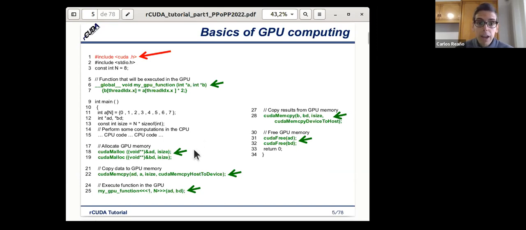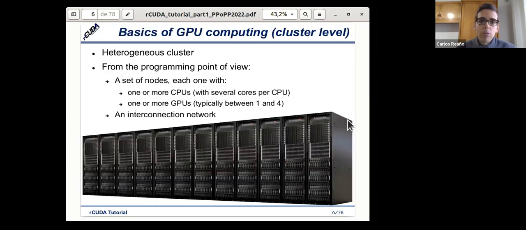This includes allocating memory in the GPU, copying memory from the host memory to the GPU memory, and calling this function in the GPU. Finally, we need to copy the results back from the GPU memory to the host memory. And in the end, in the same way we do with a regular program, we need to free the GPU memory. So these are the basics of a GPU accelerated application.